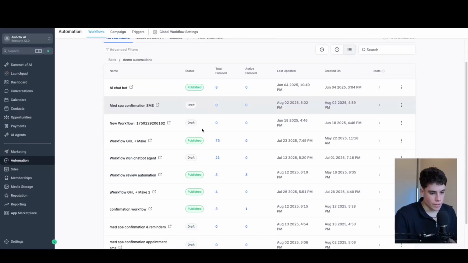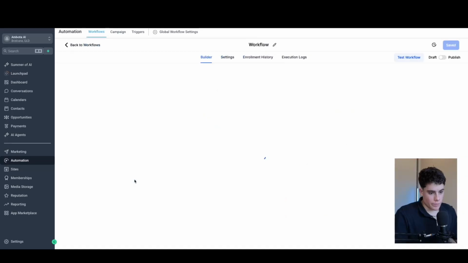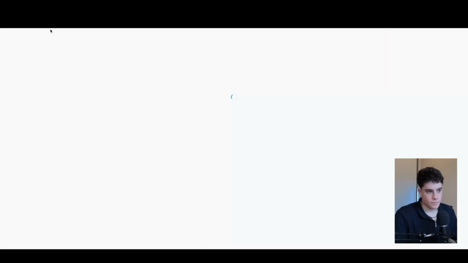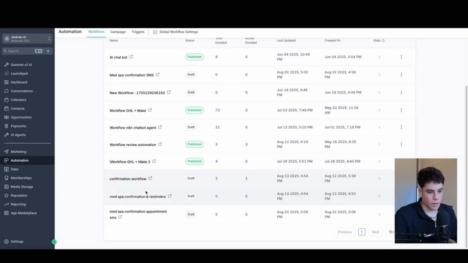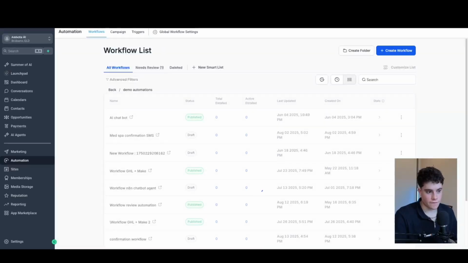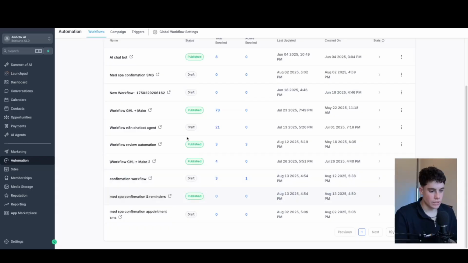And then we also need to make sure that this is confirmed. So I'll come down and turn this off because this was another one I was testing out. Turn that off here. And then we need to make sure we publish this right here. Save. So now that will trigger and that'll be all good. And then the final thing that we'll need to do is we'll go ahead and come down to the